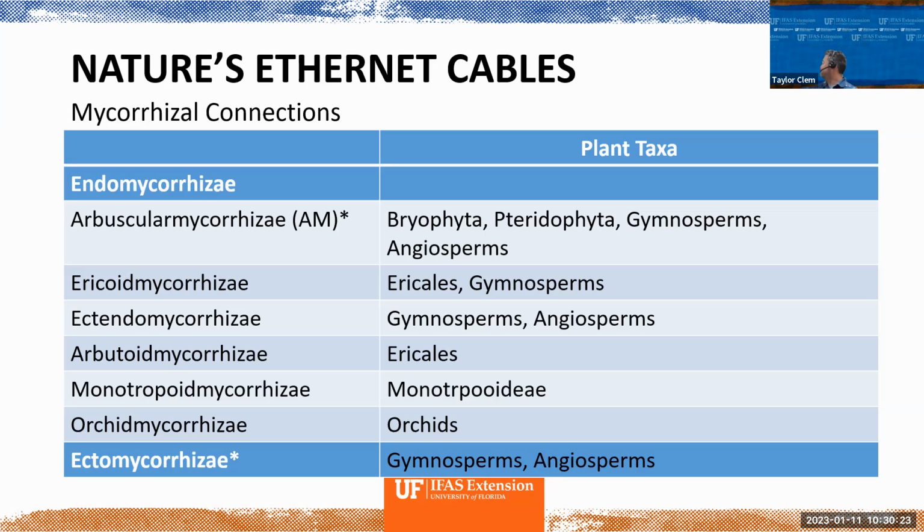But then among the endomycorrhizae connections, there's one that's specifically the orchid mycorrhizae, which is a connection that only exists with orchids. And if I remember reading correctly, in order for an orchid to propagate and grow in the wild, it needs this connection because it's part of the way to get the seeds to actually germinate. Without it, they can't germinate.